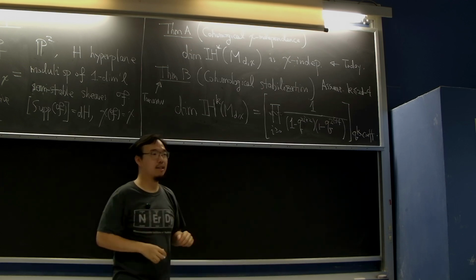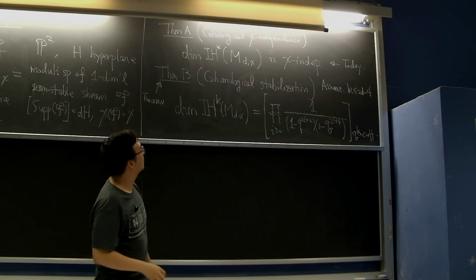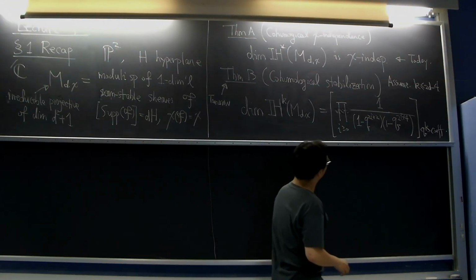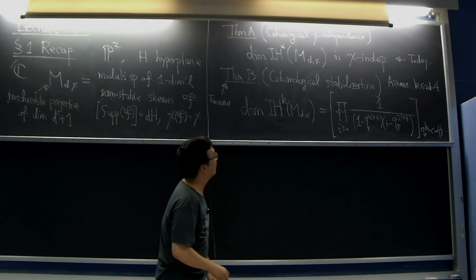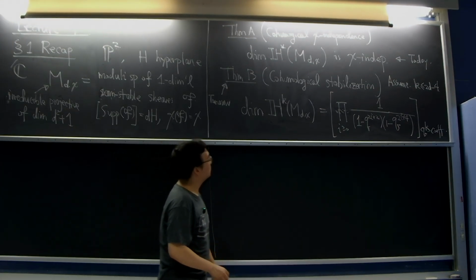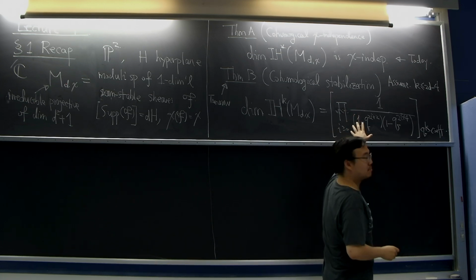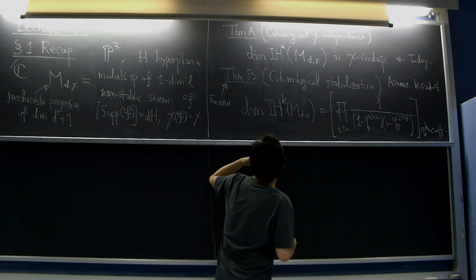Yes? So is there any reason why we write this way? Is it just a product of 1 minus q even power, just like everything twice except the first one? This is a very good question. Yeah, well, okay, so you can also, of course, reorganize this, but the real formula we prove is